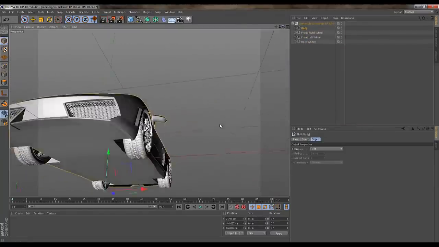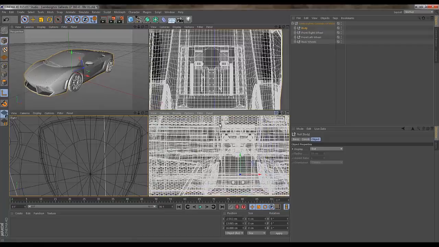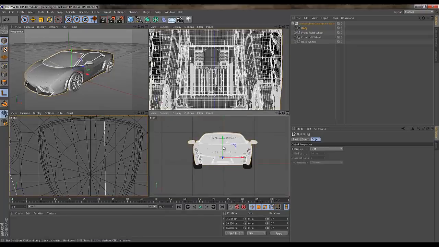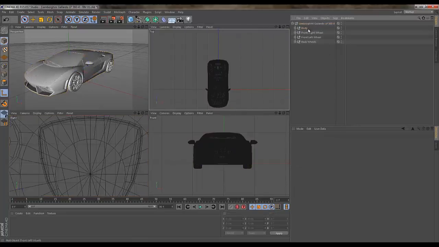I tell you what, actually, let's just check where the, yeah, so our body, we need to do that as well, look, because you see the body is down the bottom here. So I want the body to be around about the same position as the wheels where it pivots from, and what I'll do is zoom in here and line that up. I don't know if you saw that just then, but there's the badge, so I'm just going to line it up from that. And like I say, I just want it about level with the front wheels, where they would be joined, so about there should be fine. And we can just put it roughly in the center. There we go. Okay,